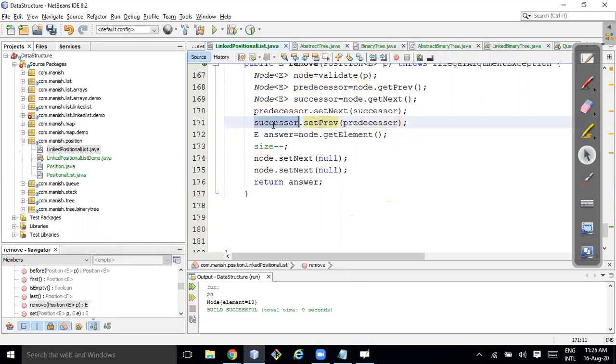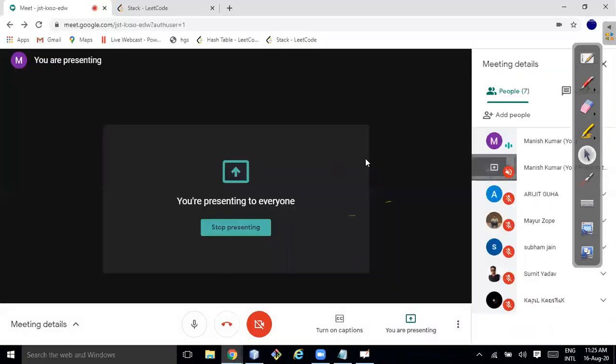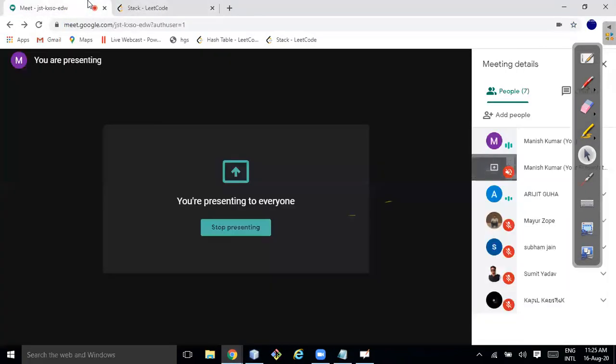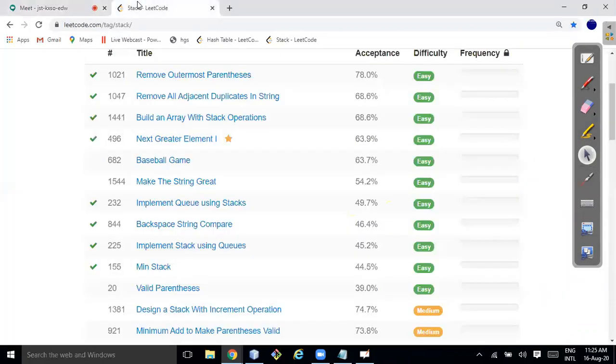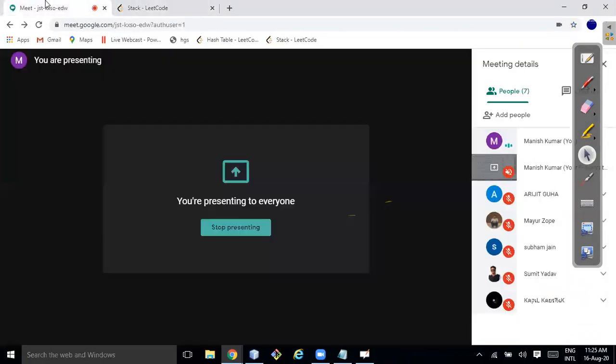So you understood the concept of a doubly linked list also, right? Yes, sir. Doubly linked list was not covered. Yes, now doubly linked list is covered. That's why at that time I didn't cover it, because I wanted to introduce this positional concept. I also didn't cover the DEQUE, the doubly ended queue.